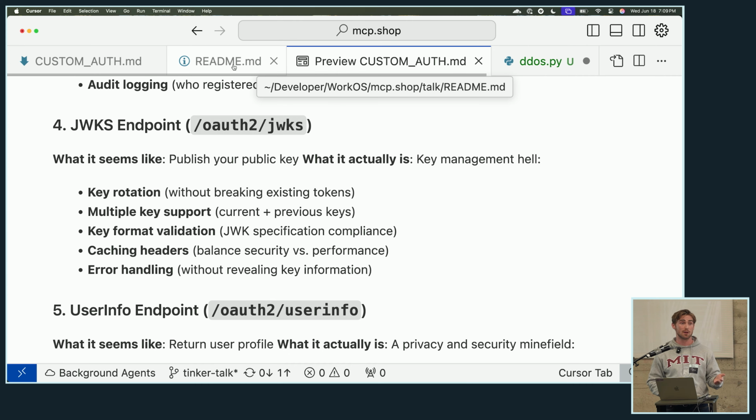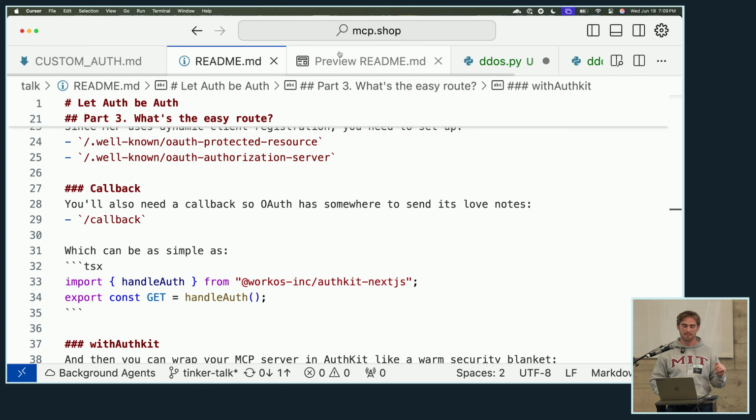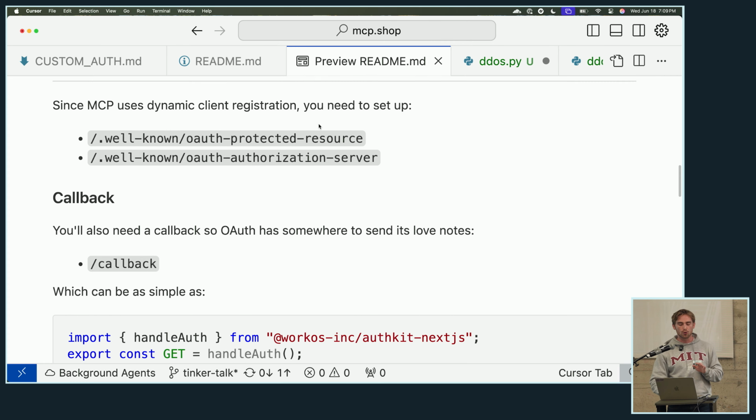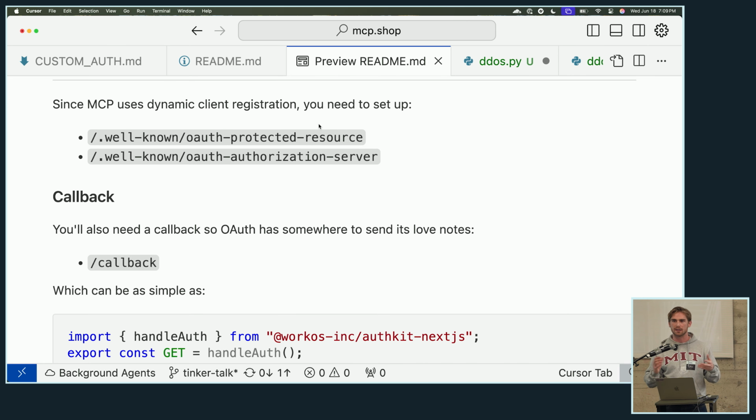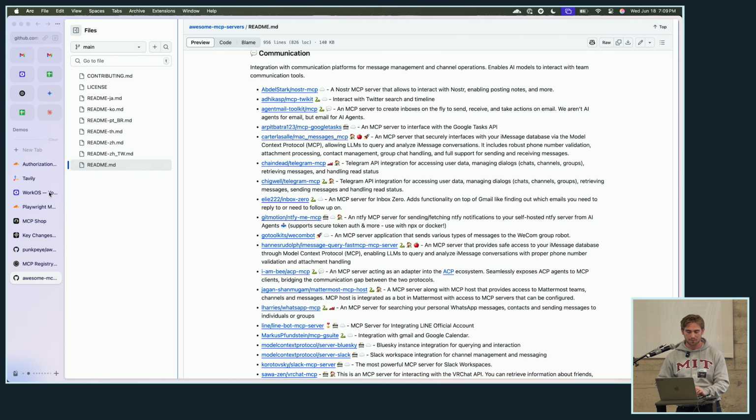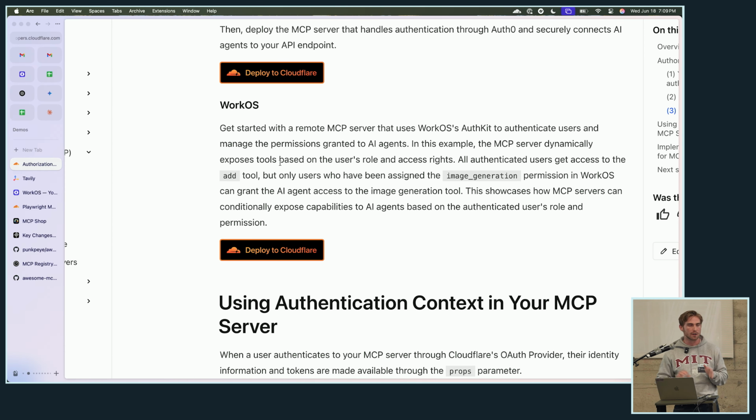So what do you need if you're going to build this? Couple things. You need the usual kind of auth stack you'd need, like it's a Next.js app, put auth in that. There's 1,000,001 starter kits to get you to put auth in whatever web app you're using. How do we bring this to MCP? Two ways. One is you can use a bring your own auth solution. Cloudflare has this. In fact, I can show you. If you go to the docs for using authentication for Cloudflare, Cloudflare has an auth adapter that will do the dynamic client registration for you.